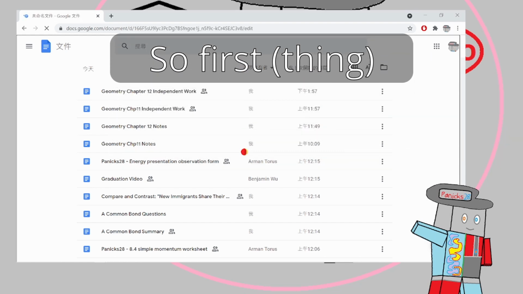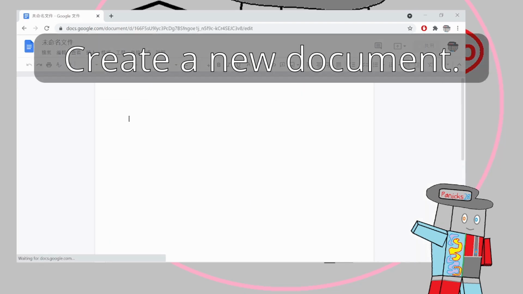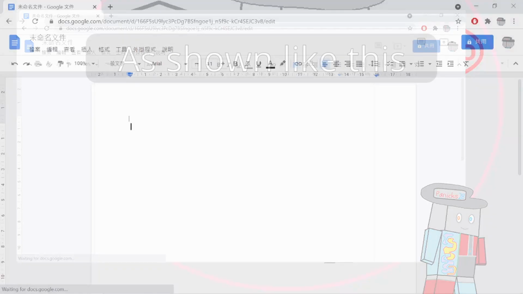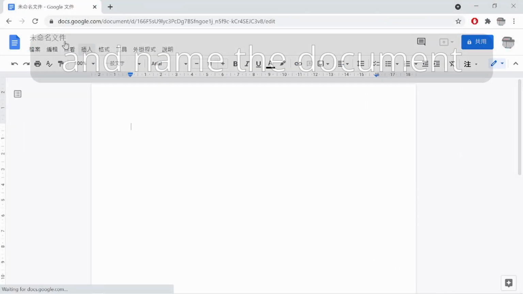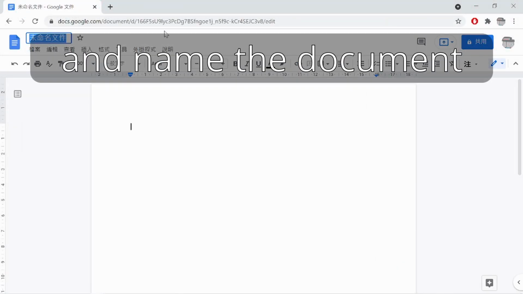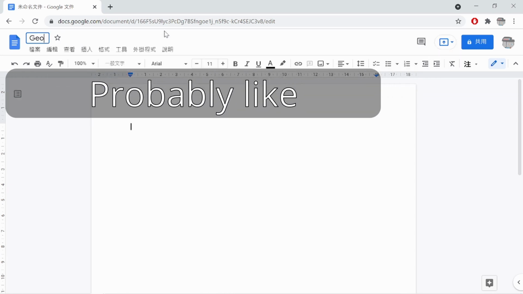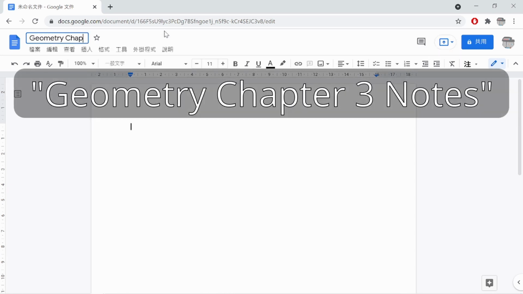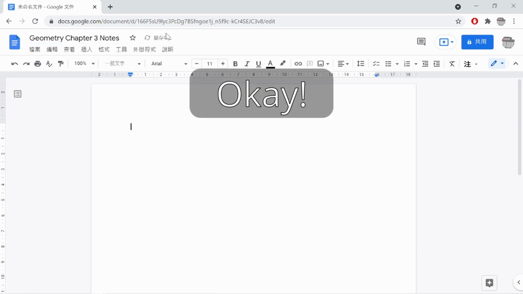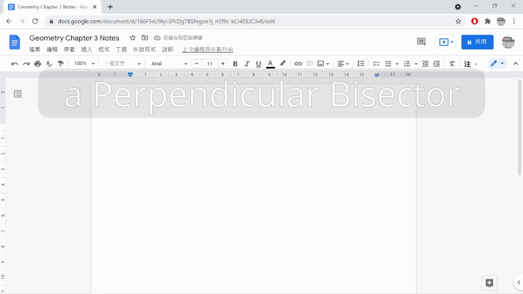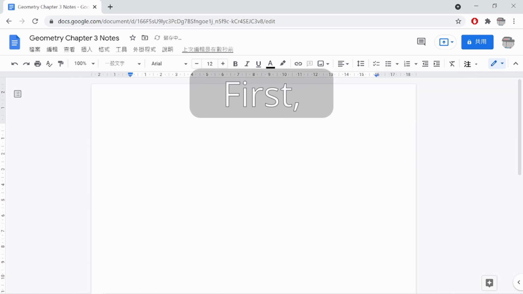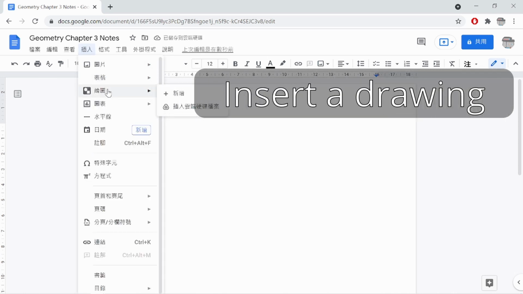So first, you have to create a new document as shown like this, and name your document something related to geometry or math, probably like Geometry Chapter 3 Notes. Okay. And to create a perpendicular bisector, first insert a drawing,